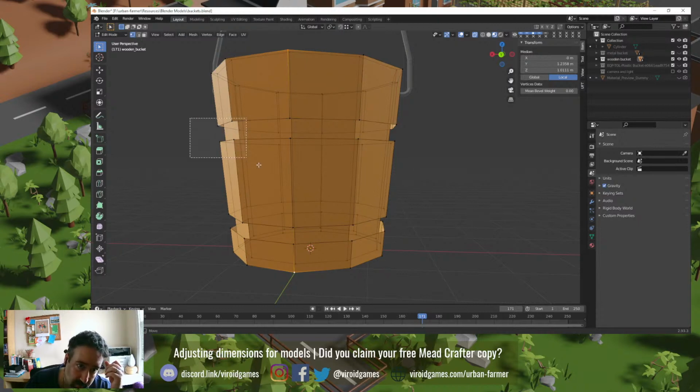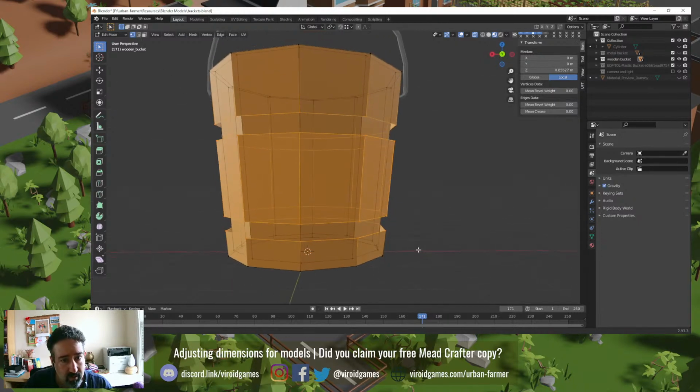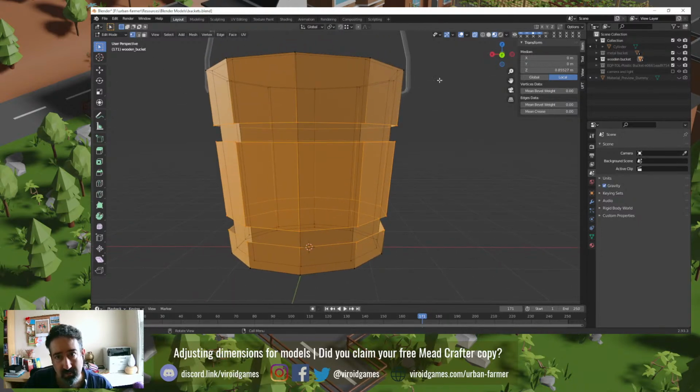I think these are all following the same. They are on the same plane. So if we move them in global axis, it's going to be hot. If we move them in their local axis,